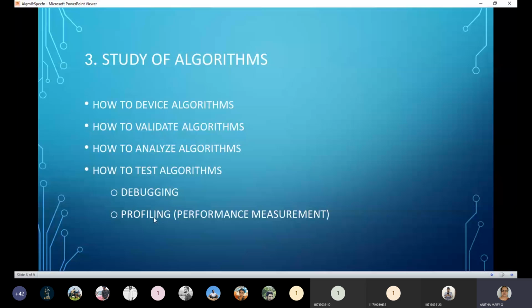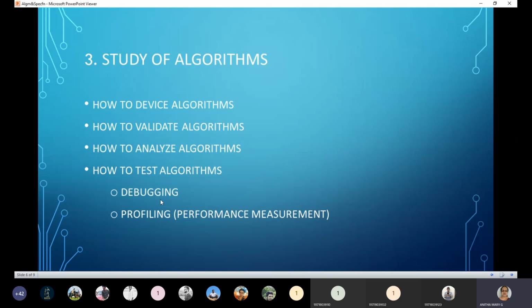One is debugging, the other is profiling. Debugging is the process of executing programs on some data or inputs to determine if any errors exist. And if any errors exist, then we correct them.